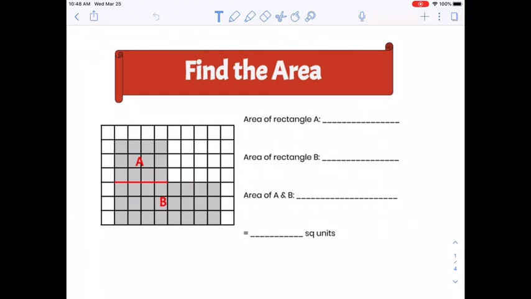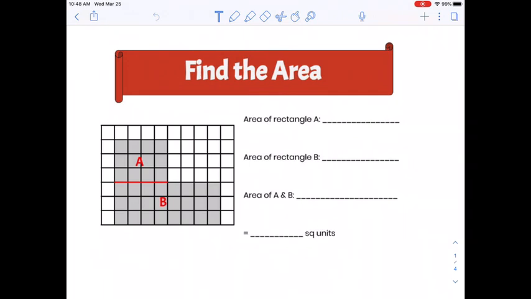Let's talk a little bit more about finding the area of irregular shapes. First of all, what is area? Remember, it's just the number of square units that it takes to cover an area or to cover a shape. I have a picture here of one that gives us a grid to help us find the area of this